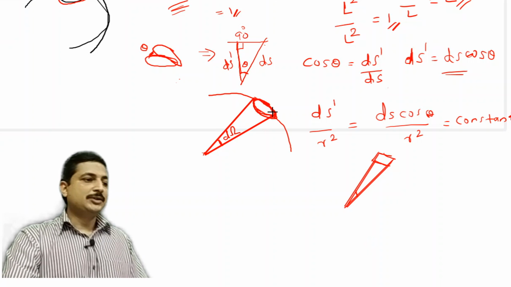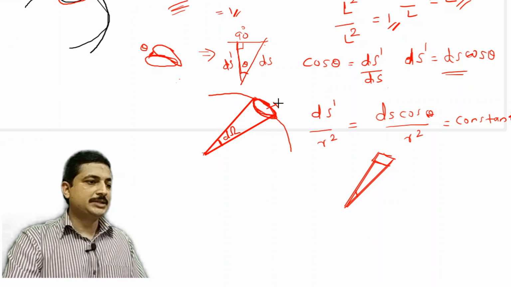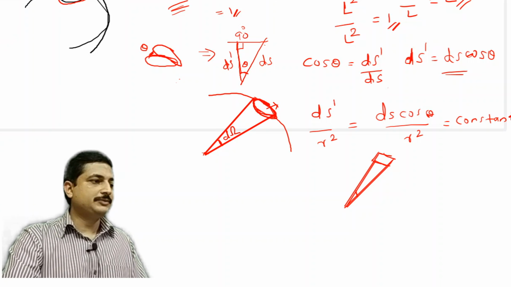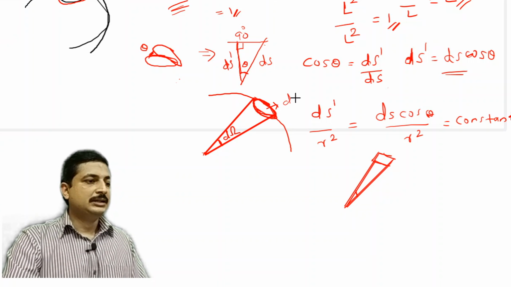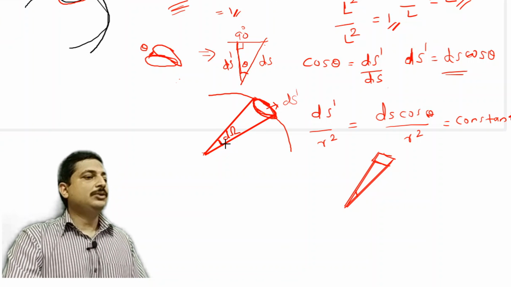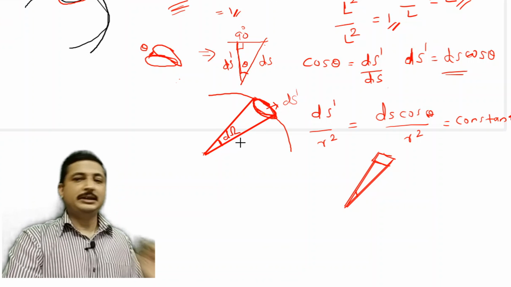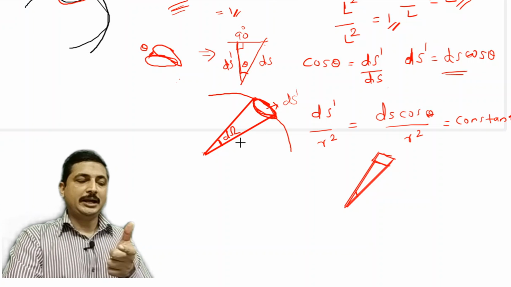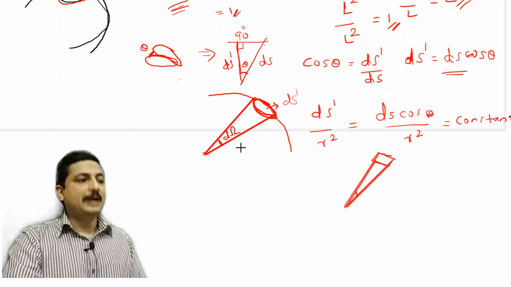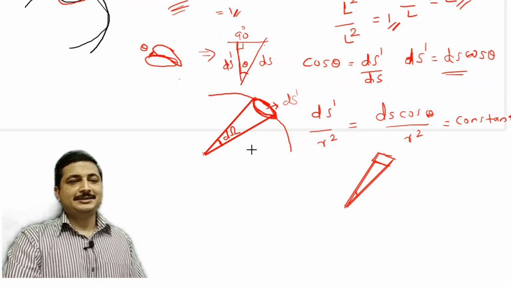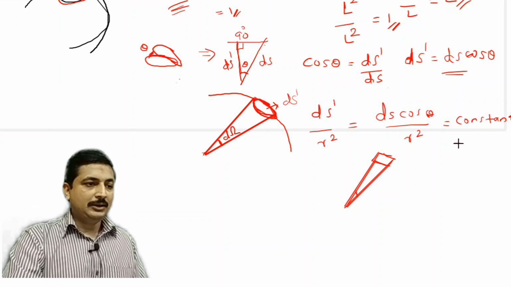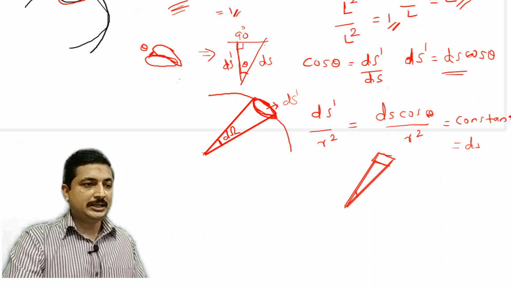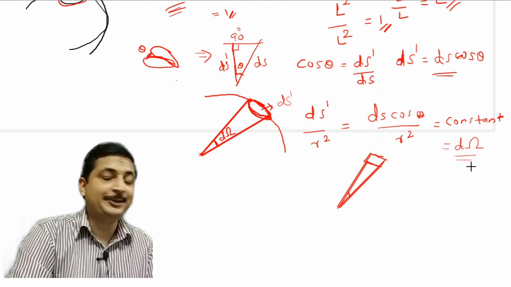Solid angle. So here it is for the small portion ds, and here it is for the small portion ds dash in this case. So I write it as d omega. So solid angle is actually omega. For this entire sphere, this becomes omega. For here it becomes d omega. So this is known as solid angle. Please remember. Now how to find this d omega?